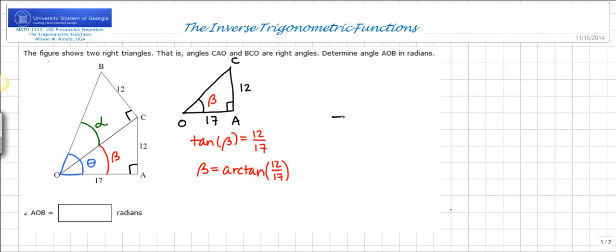For the other triangle, OCB, we know that BC is 12. We know the angle alpha is adjacent to OC and opposite BC, and if we had either OC or OB, we could find a trig function value for alpha. So go back and notice in the triangle